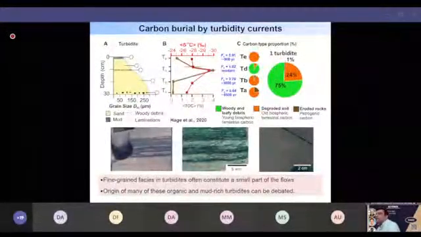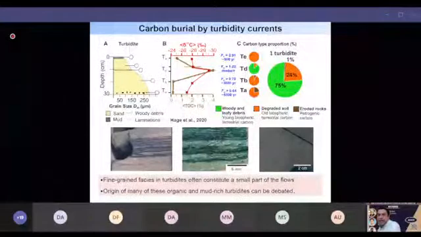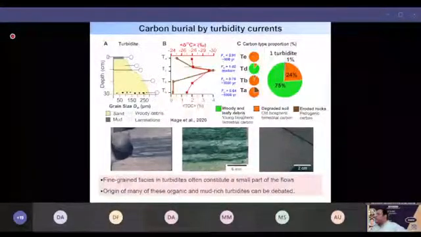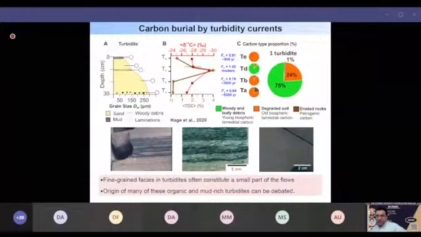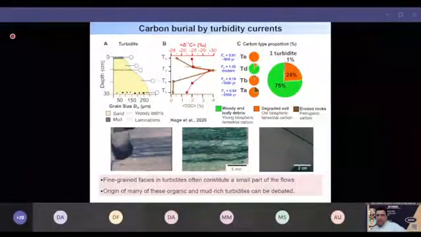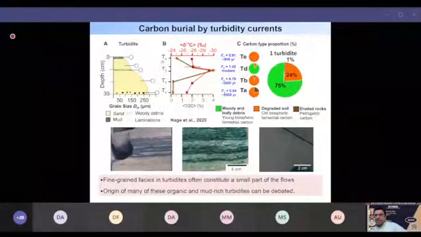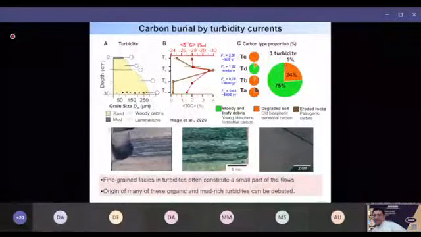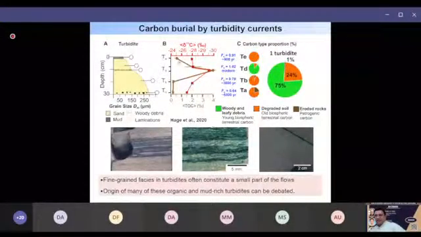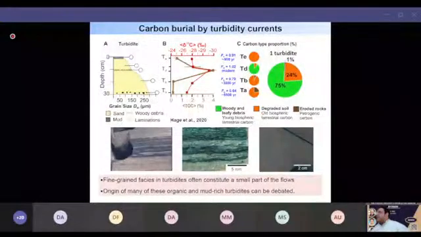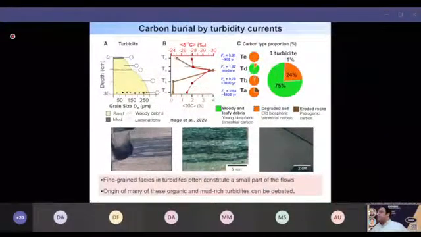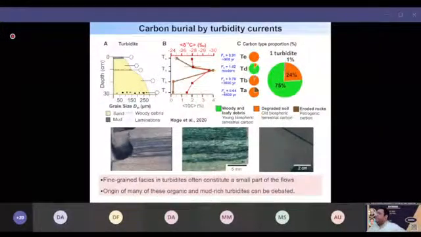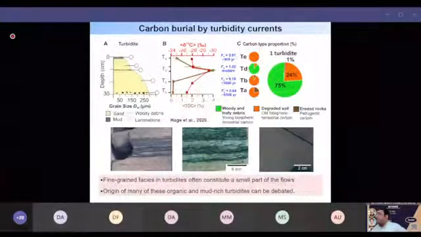More recently, there is another concept, carbon burial by turbidity currents. So coarser-grained facies in the submarine system can also bury organic carbon, mainly in the Bouma TB, TD or TE divisions. But the problem is that these fine-grained divisions represent a small part of the turbidity currents. And there is still some ongoing debate about the origin of these beds, whether they are really turbidity currents or some sort of matrix-rich or